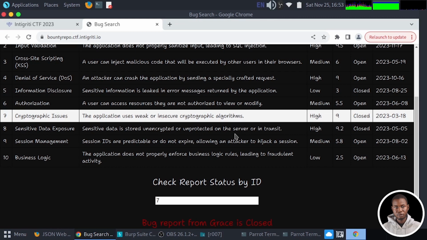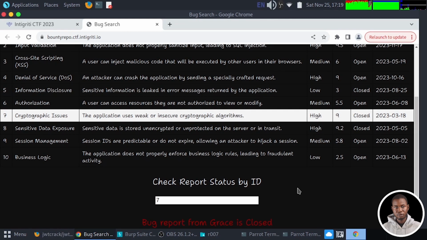So now we need to start thinking out of the box. How can we exploit this input field that we have here? The first thing that comes to my mind is to perform an SQL injection in this input field. For those of us that are not familiar with what SQL injection is, an SQL injection is a kind of attack that occurs when an attacker is able to manipulate a website or application's SQL query by injecting malicious SQL code